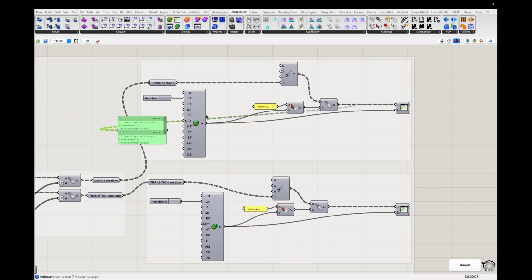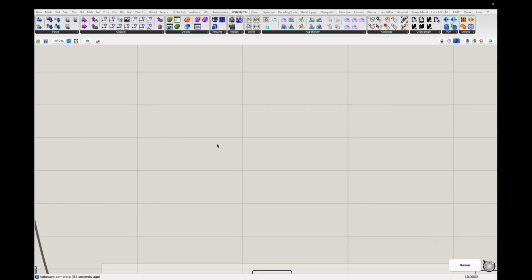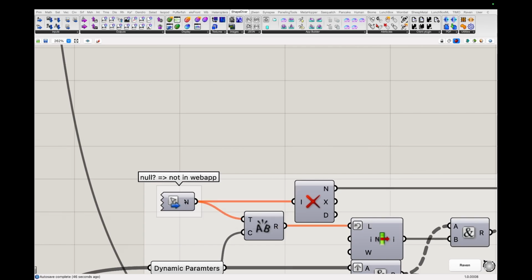So now we can refer to those geometries. The component we are interested in now is this one here, inputs selection input, and it says change my name. You can give it a name, select a bench, for example, could be the name. So I've added this component down here, and what it returns is the name of the object you're selecting. So we had our names, bench 2, bench 1, bench 0, and that's essentially just the name you get here